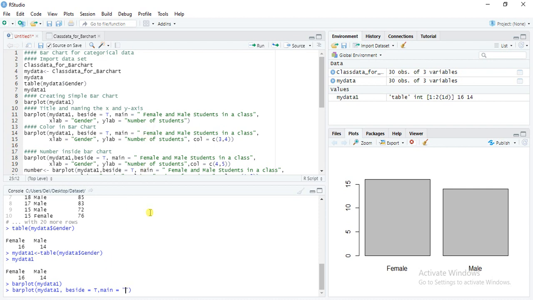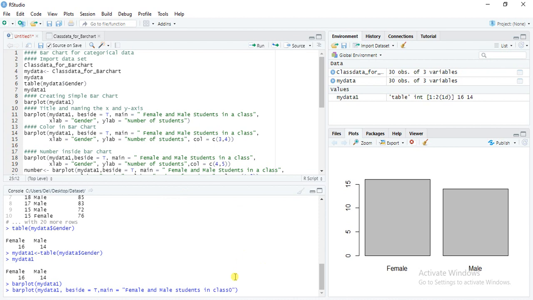So the title name is female and male students in a class. This is the title of my graph.